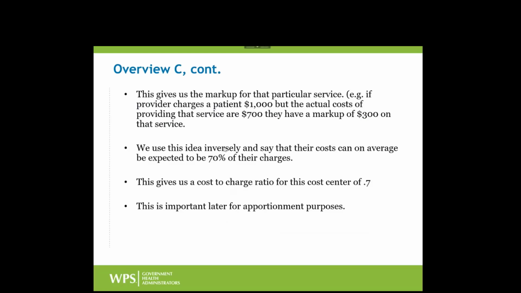But if you look at the inverse, instead of looking at a markup, let's look at the inverse of that and get a cost to charge ratio that basically says for any charge figure in this department, apparently 70% of that is cost. So now we know that any charge can be multiplied by 70% to get the underlying cost on average. That cost to charge ratio that we get in worksheet C is used for one of the two apportionment methods in just a bit,